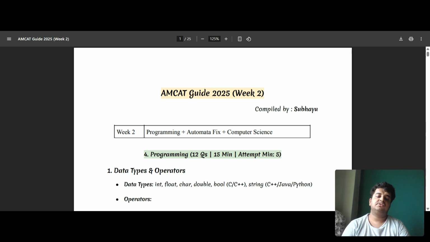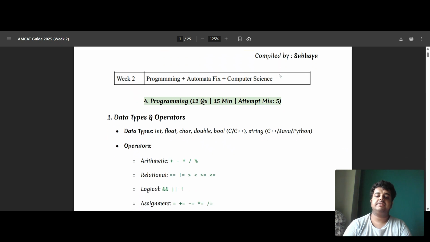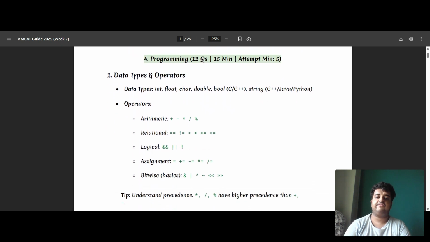Is it clear? So in today's video, we'll be discussing programming, automata fix, and computer science. Today's video, as the topics suggest, is going to be a very domain specific one. So I recommend that you please be very careful with all the topics being discussed, that is, be thorough with them. And in case you have any doubts in one of the topics, because all of the topics are very broad, though here I have just given a brief part of it or a chunk of it,